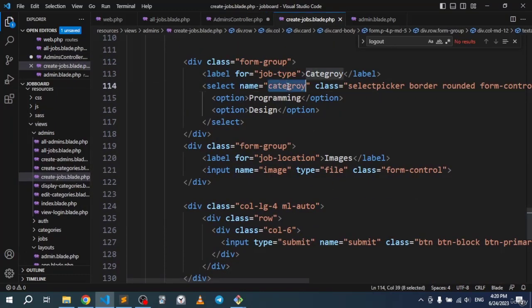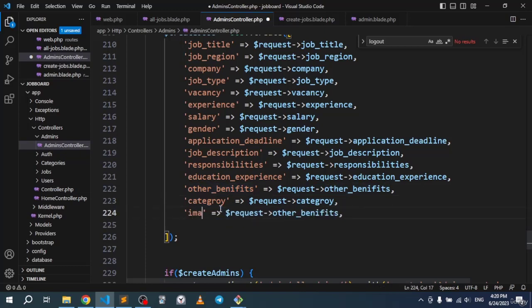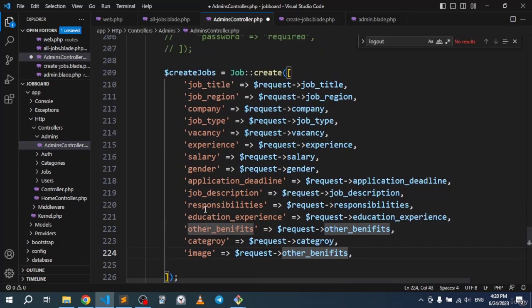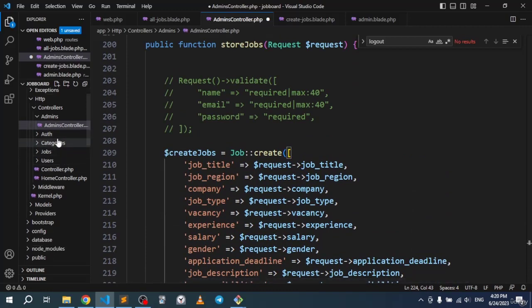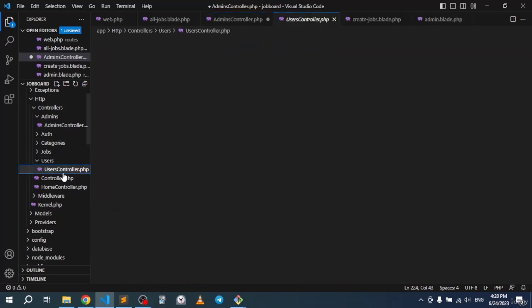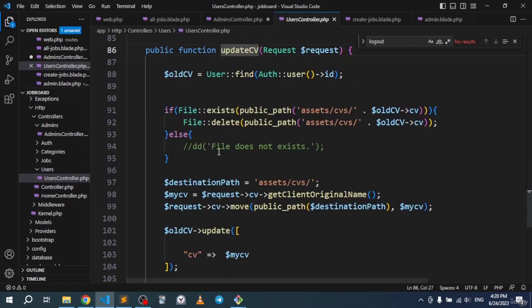So there is the category. All right. This is the other benefits part. Yeah. Category right here. And this is simply just the image like that. All right, and the part for the image is going to be a little more tricky. So I guess that we did it in the users right here. We go to the users controller, and if you go to the part for updating the CV, it's gonna look